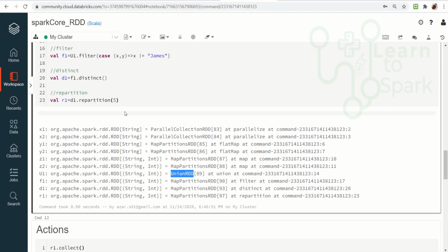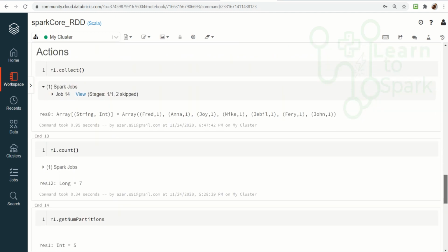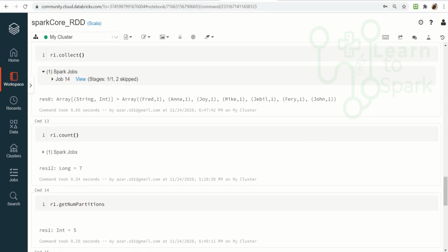Even if we give an RDD as an input, it will give an RDD as an output, but it might be of a different type of RDD. Here you can see parallel collection RDD, map partition RDD, union RDD, like that. Whereas when we apply an action on top of an RDD, it will not result in an RDD. It will give different data types, like here you can see array, long, int.